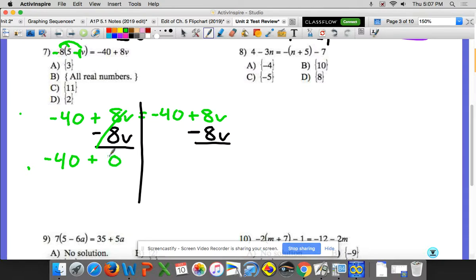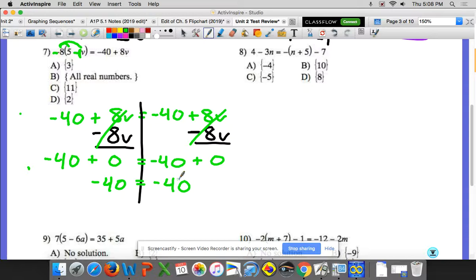So we have -40 plus 0, and then if we look at the right side, we have -40, and then we also cancel. And that's what we were actually trying to do on the right side, so that we could move that 8b over and turn it into that -8b. But they ended up canceling. So we have -40 plus 0 equals -40 plus 0. And at this point, you still just keep doing the math. So -40 plus 0, anything plus 0 is just going to be whatever it was before. So -40 equals